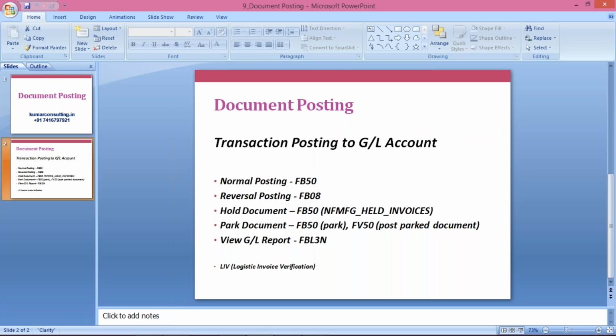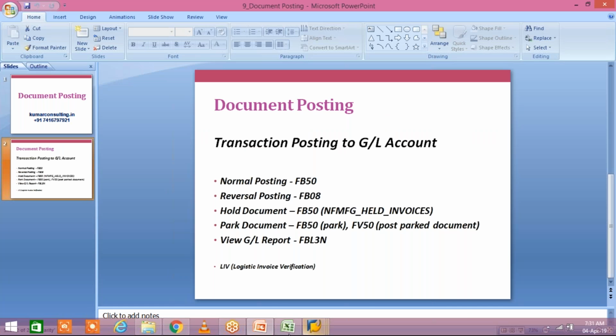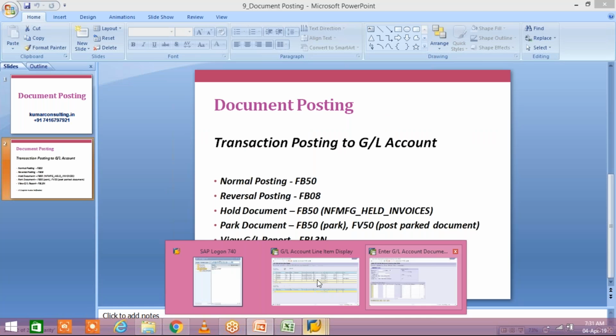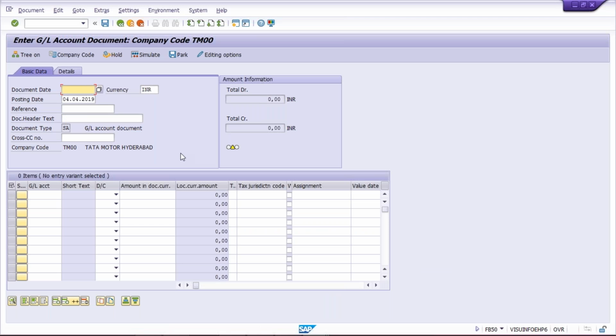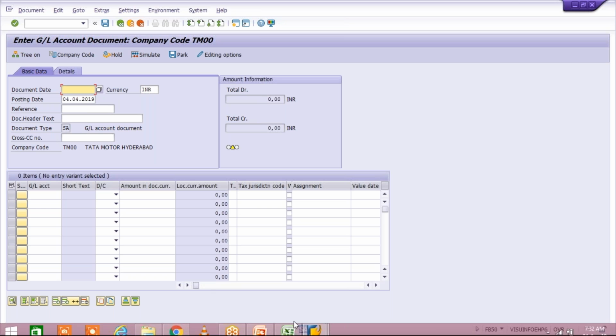So reversal posting we have done. Now, whole document. What is this whole document? I will tell you. Whenever you post a transaction, look here, we have this whole document option. What is this whole document, guys? I'll tell you. Generally, let's suppose